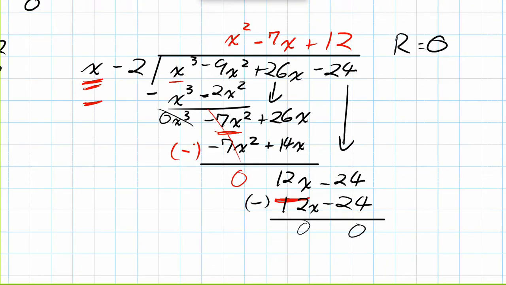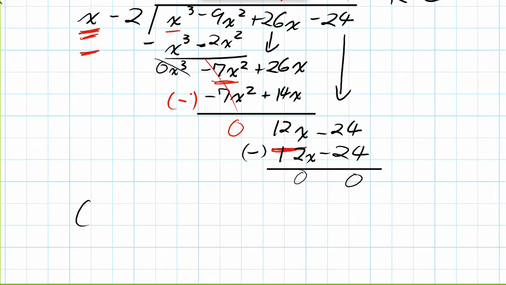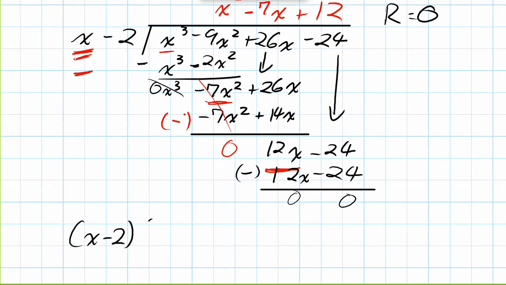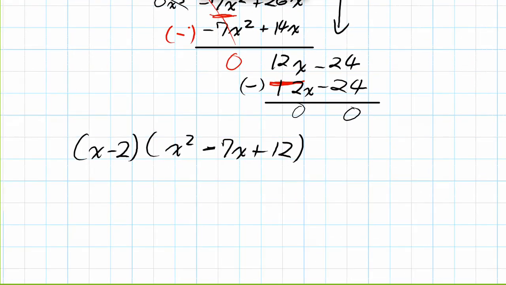And more importantly, we can now rewrite this equation as x minus 2, and then we're going to use our quotient there, x squared minus 7x plus 12. Now this isn't solved, this is just one of the factorings here. But they probably want us to factor this whole thing out. Well, we can actually now just focus on this. This has, I should have used a bigger highlighter. This has become